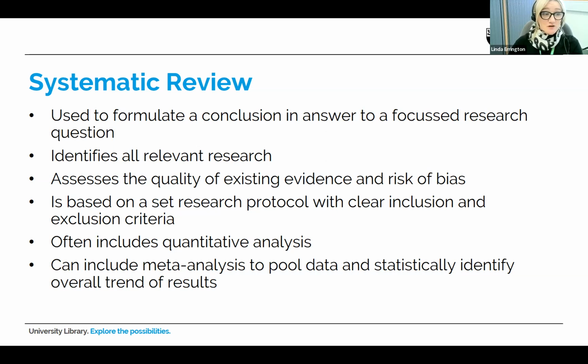So systematic reviews often include quantitative analysis. Systematic reviews of healthcare interventions traditionally covered precise research questions regarding clinical effectiveness. So when they first started to appear, oftentimes they were looking at how effective a drug was in terms of treating a condition. And they looked at randomized controlled trials.